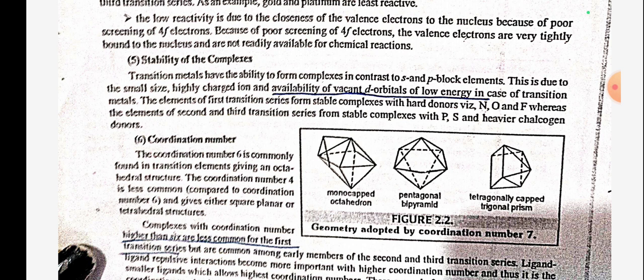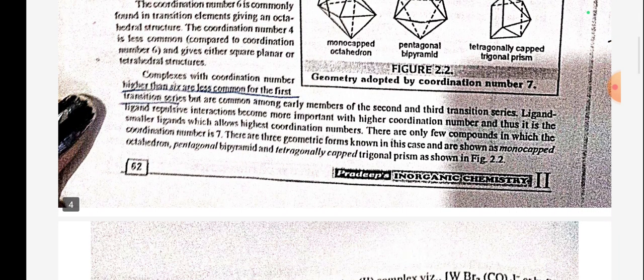The coordination number 6 is commonly found in the transition elements, giving octahedral structure. The coordination number 4 is less common and gives either square planar or tetrahedral structure. Complexes with coordination number higher than 6 are less common for the first transition series. Both are common among early members of the second and third transition series. Ligand repulsive interactions become more important with higher coordination number, and thus it is the smaller ligands which allow the highest